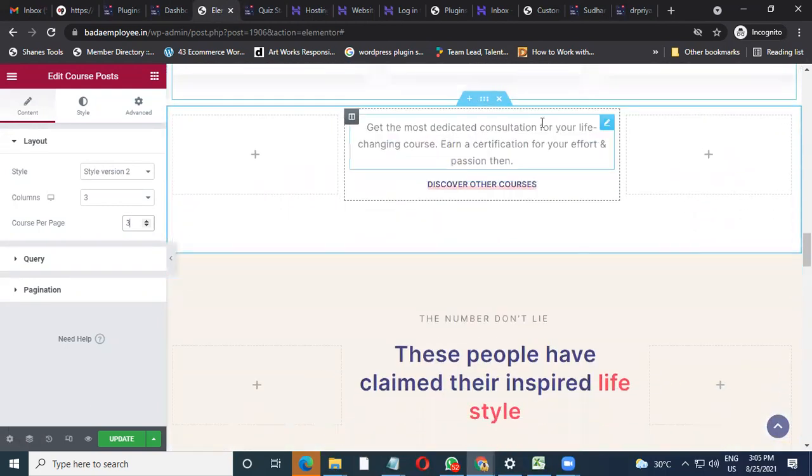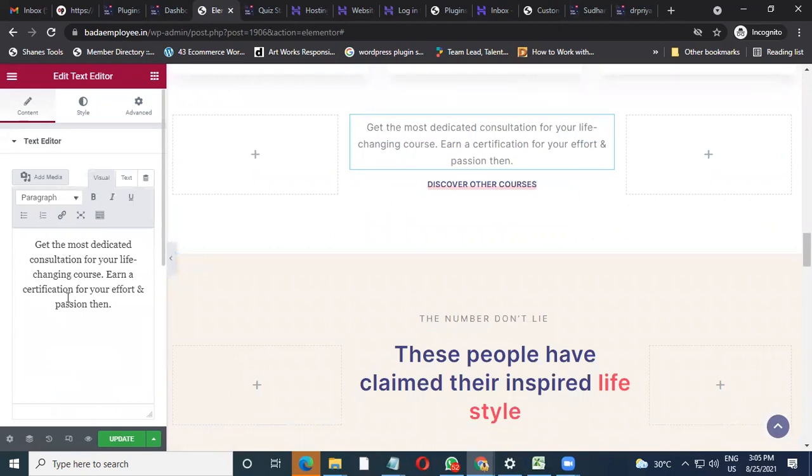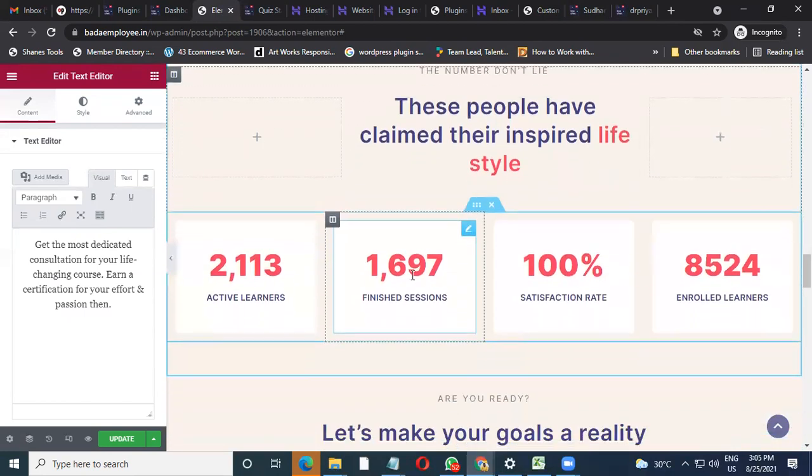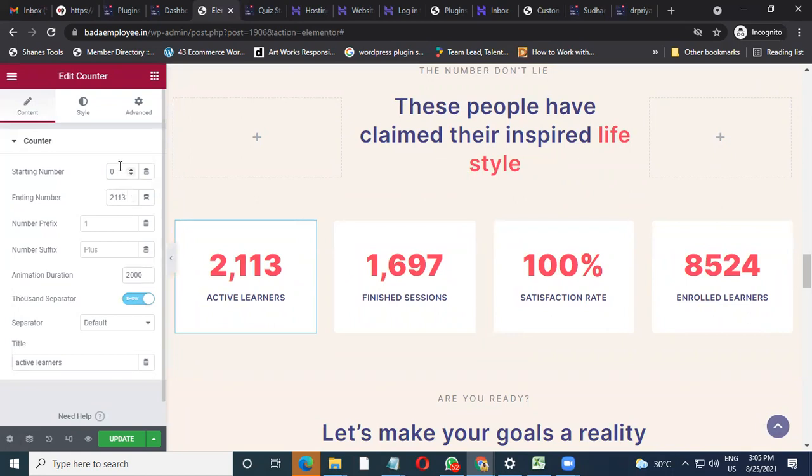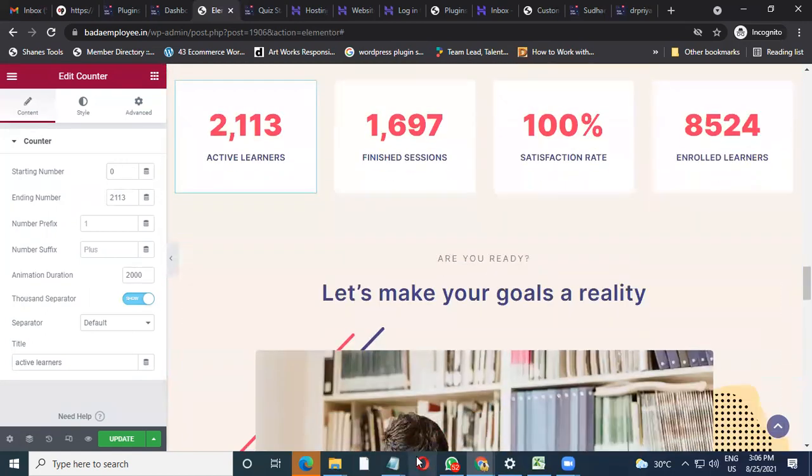Down below is all content which can be edited. Wherever you see this blue pencil coming up or a tab like this saying edit text editor, you can click and the editor will open up on the right side. You can edit the content and update it. That's it. So all these things can be edited. Like say for this particular number you want to edit, you can check over your ending number. The starting number will start from 0 and the ending number will be going from whatever detail you're putting. Like you want to show how many students you have trained or how many clients you do have, you can do it with it and showcase it in this particular format.